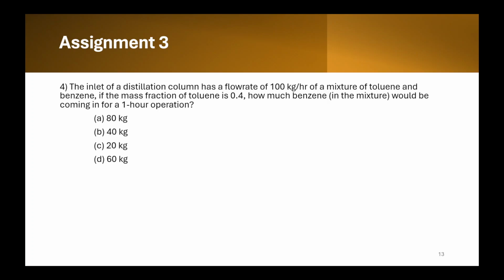Next, the inlet of a distillation column has a flow rate of 100 kg per hour of a mixture of toluene and benzene. If the mass fraction of toluene is 0.4, how much benzene in the mixture would be coming in for a 1 hour operation? So if we take the basis as 1 hour operation,